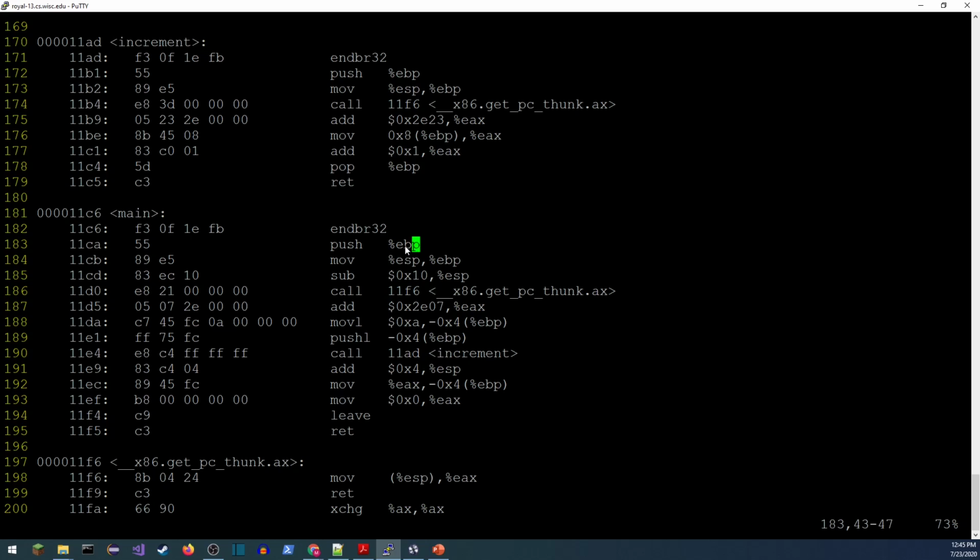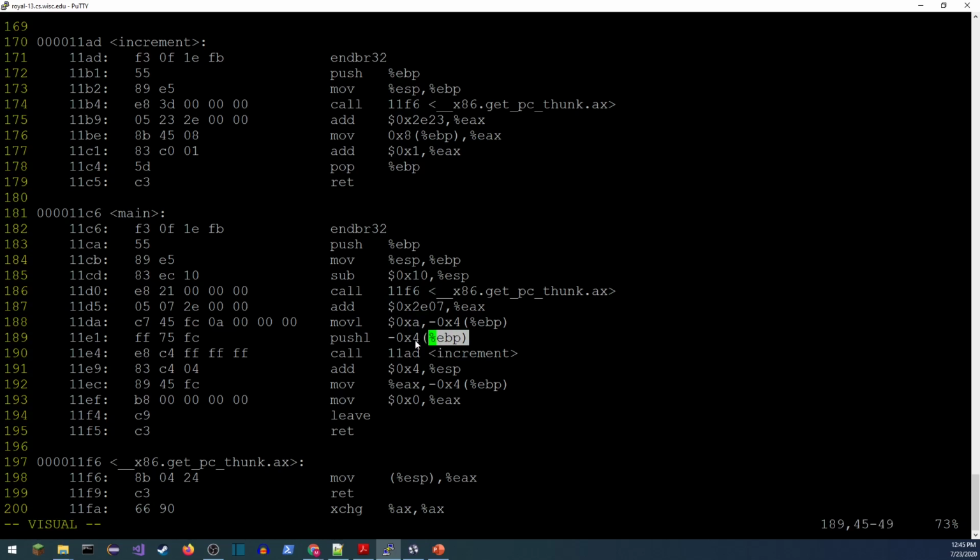So we can see that we started by pushing EBP. We moved the stack pointer. We subtracted 10. And everything here is in hex. So again, it still reserved all 16 bytes. So we're subtracting from the stack pointer. This is reserving the space for local variables. And then we stored, let's see. Yep, we stored 10, which is A in hexadecimal. It did some other things here. I'm not really sure what's going on with that.